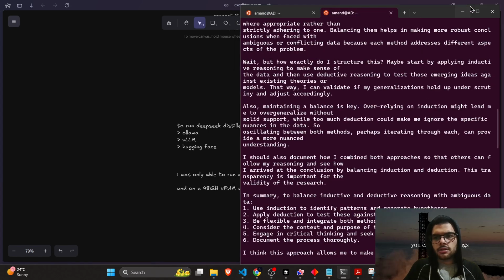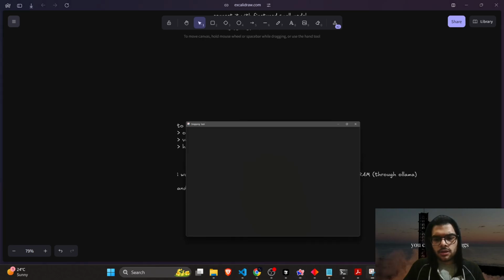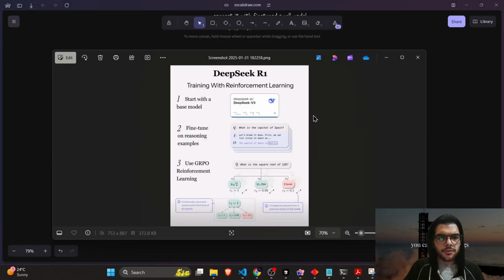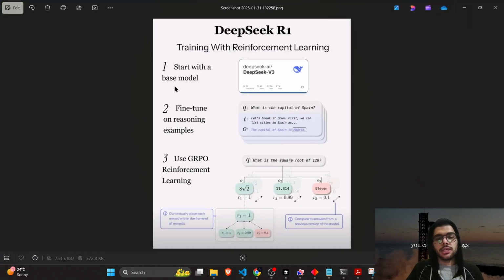And after that, I think it's good enough if we see one overview of what DeepSeek R1 did with their reinforcement learning approach. They took the base model V3, which was just a simple question answering LLM, and then they fine tuned it on reasoning examples. They generated the reasoning examples, everybody is saying with the help of OpenAI with their O1. So they gave it a query, generated the chain of thought, and then generated the final output. Then they used GRPO for reinforcement learning.